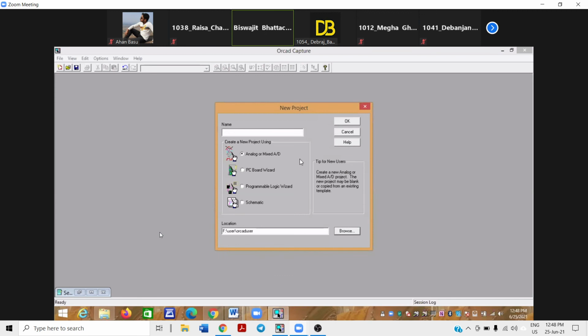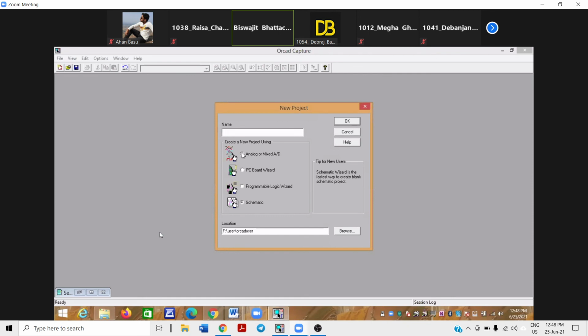Next thing is that Analog or Mixed-Signal must be clicked. Now when you use your software for the first time, sometimes in the Schematic option it may remain clicked. Please ensure that it is not clicked there.